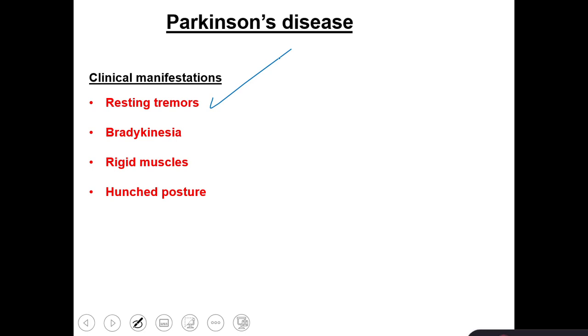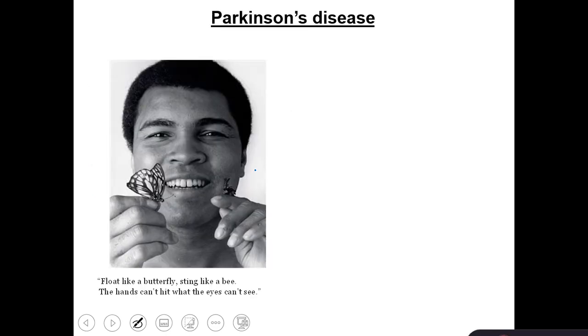The second symptom of Parkinsonism is slow movement, bradykinesia. And this is a real problem to patients with Parkinsonism. Also, the muscles are rigid, so the muscle tone is exaggerated, and there is a hunched posture. If you look at the face on these people with Parkinsonism, you will find that it's kind of a mask face,